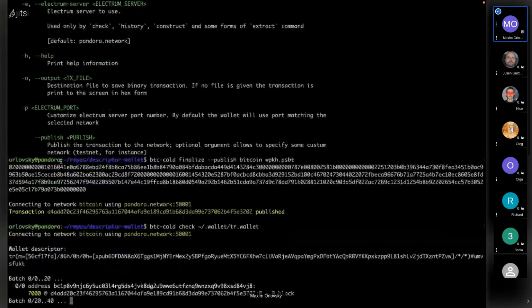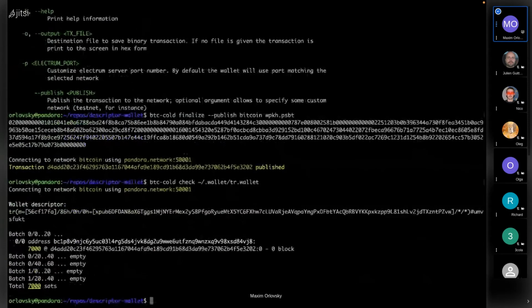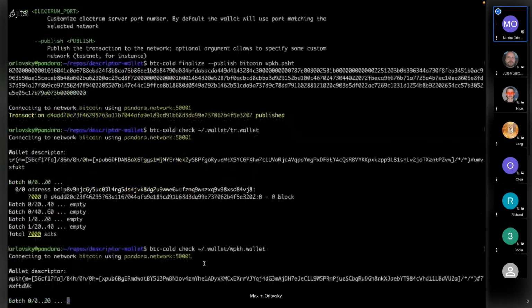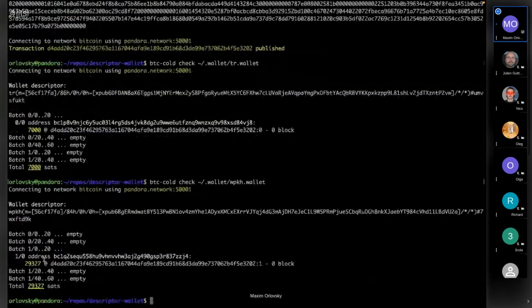Check the Taproot wallet, and it already sees the transaction from the mempool. If we check our previous wallet, we will see that now it has the change address, a different address. The remaining part of the Bitcoins went to its change address. So I think nothing prevents us from spending the Bitcoins from a Taproot address to another Taproot address, which may be,